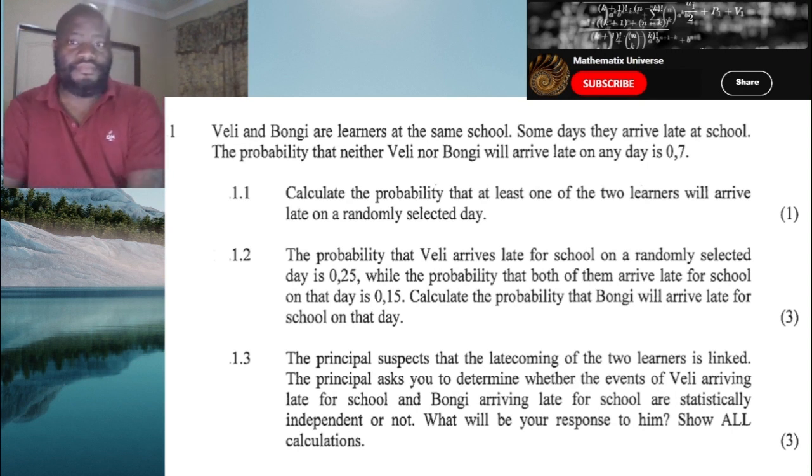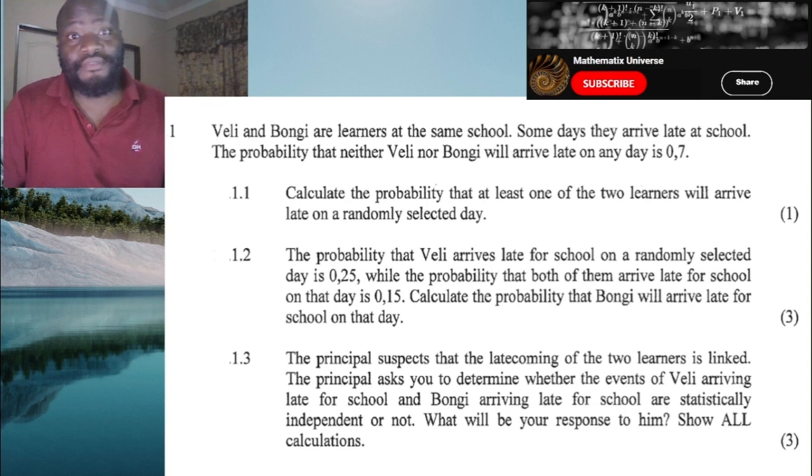First question says, Veli and Bongi are learners at the same school. Some days they arrive late at school. The probability that neither Veli nor Bongi will arrive late on any day is 0.7. So this means that this 0.7 is for them being on time. Okay. Now the question 1.1 says,